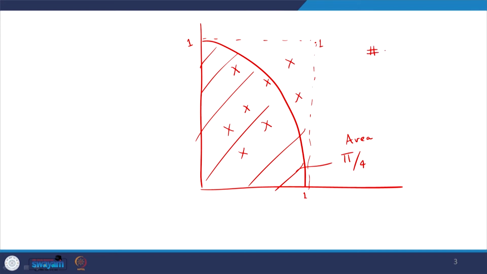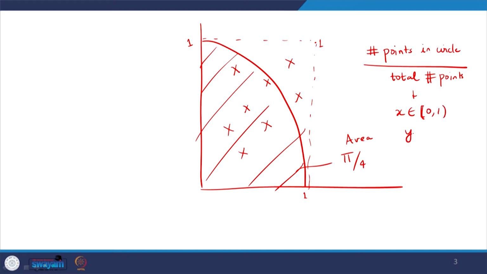So number of points in circle divided by total number of points that I generate in the range x going from 0 to 1 and y going from 0 to 1, and that will give me the ratio of the areas, that is pi by 4 divided by 1, that is the area of the square, and from therefore I can get the value of pi.